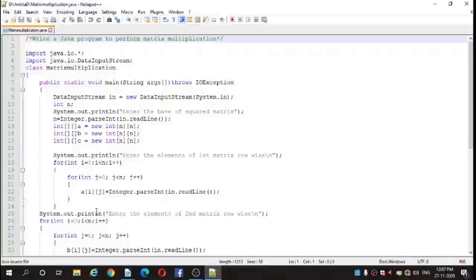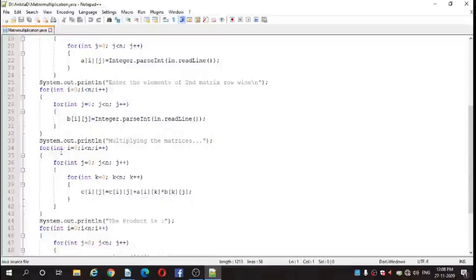So in our program you can see here these for loops. These are the inner for loops. When a loop is nested inside, we call it an inner for loop. So how it works throughout the program and how it is helpful to calculate the matrix multiplication will be shown in the tracing. So let's see the tracing.